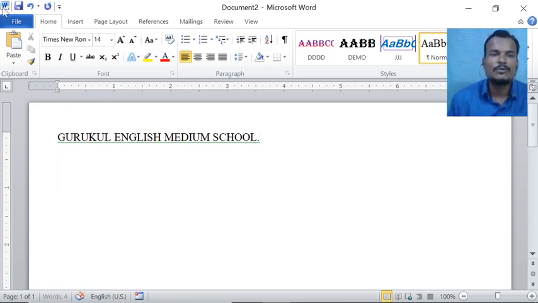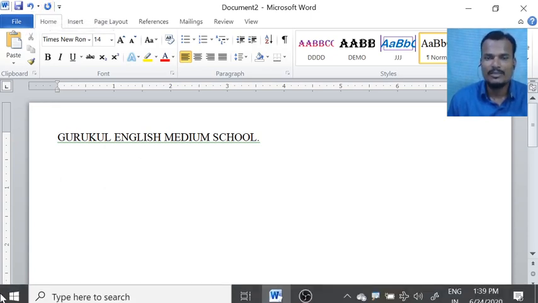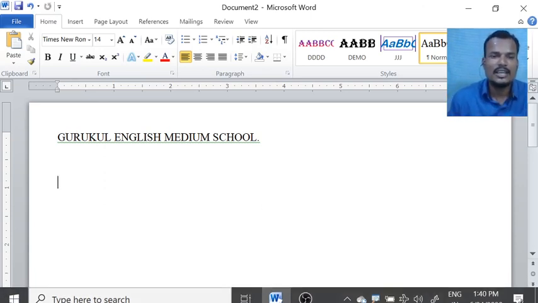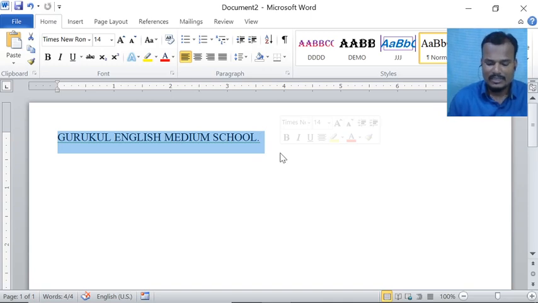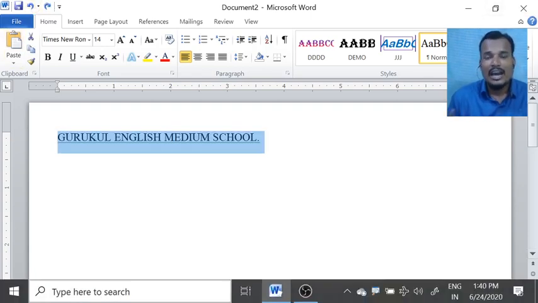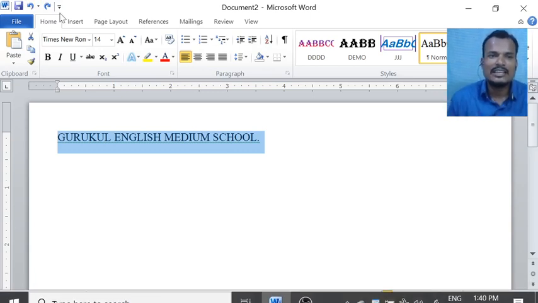Next one is redo. See here, the second option is redo. It is also available in the quick access toolbar. Simple, redo is the reverse of undo. Whenever we click on undo, it repeats the previous action, so redo is the reverse of that. For example, I want to delete this text, so select the text and click on delete on the keyboard. The text is gone. If I want the text back, I click on undo. Again I want to remove the text, which is the reverse of undo, so just click on redo.